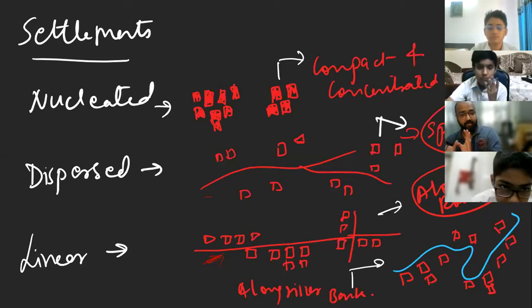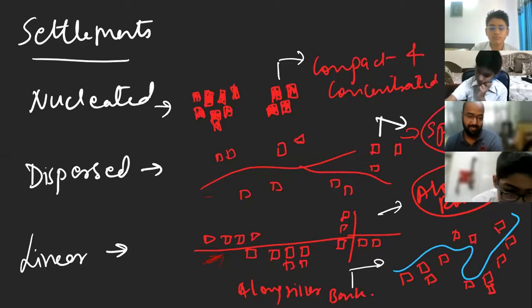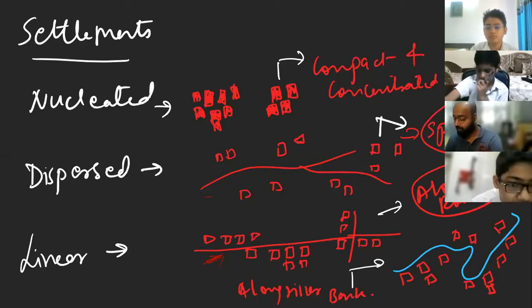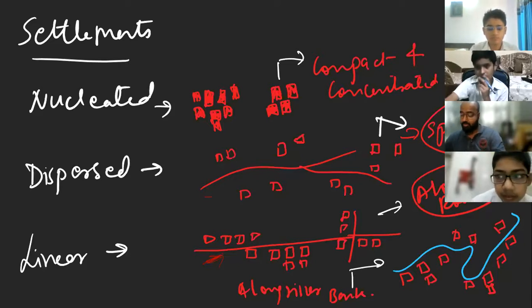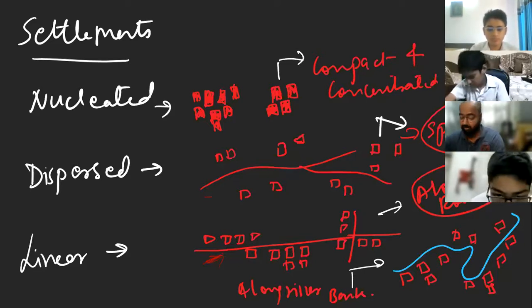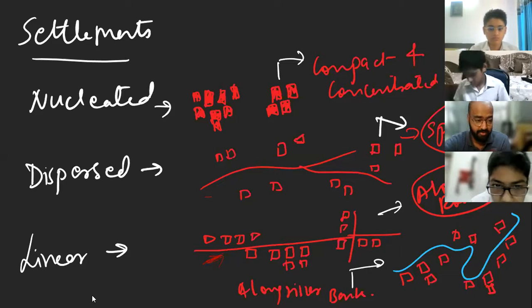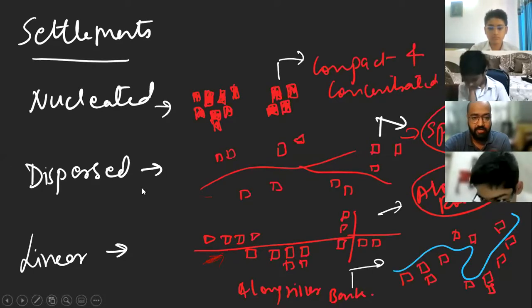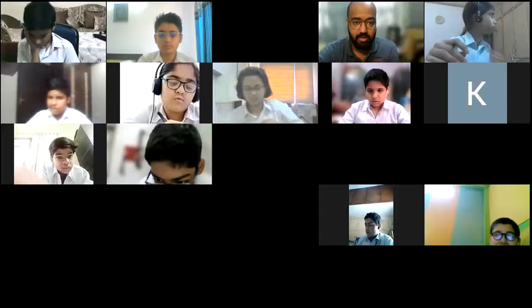So this is the place where mostly the business or the trading activity is done. Is that clear, children? So these are the types of settlements, and this is very important. For sure they are going to come in the exam. So we are done with the chapter. Let us come to the exercises quickly on page number 17. So here we end with the chapter. Let us come to the back exercises, children.